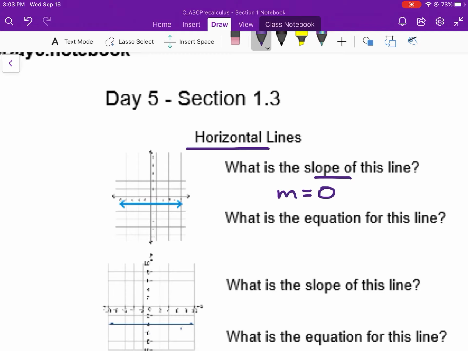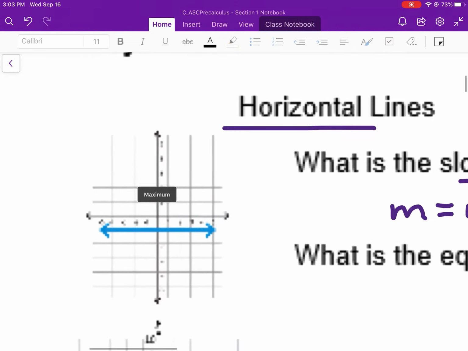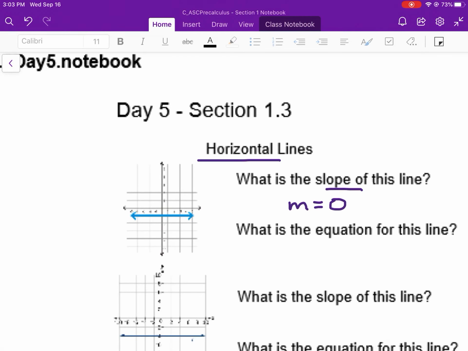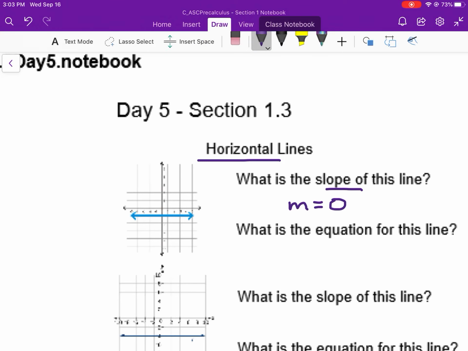Now, how do I find the equation of this line? Let's assume this is as big as I can make it. It looks like it's sitting at -1, doesn't it? Because it goes through the x-axis, we will call this y. Oh, what did I say? Y-axis. Holy cow. Because it goes through the y-axis, we're going to call this y equals whatever number it is,